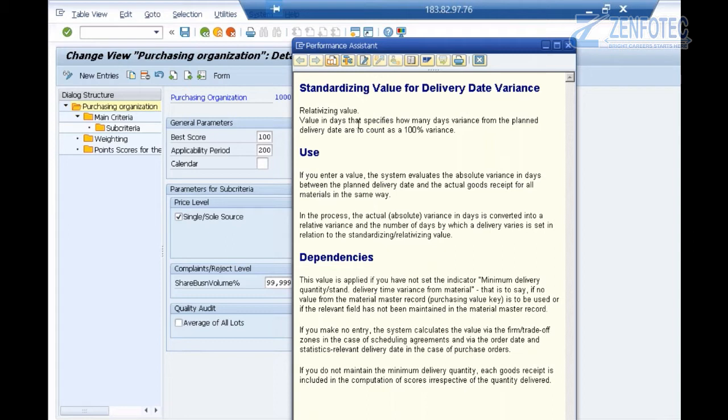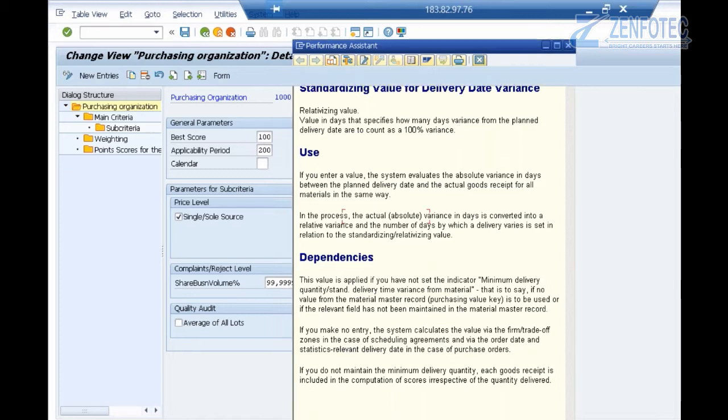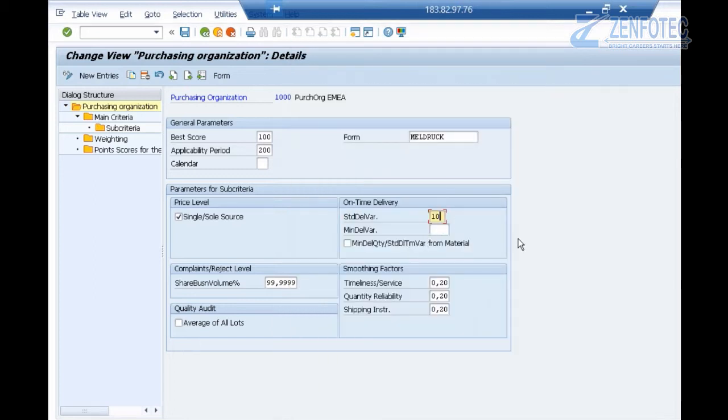Value in days that specifies how many days variance from the planned delivery date, that is the statistical delivery date of the purchase order, are to count as 100% variance. So here I've put a parameter that 10 days variance from the statistical delivery date in the PO and the goods receipt delivery date in MIGO.